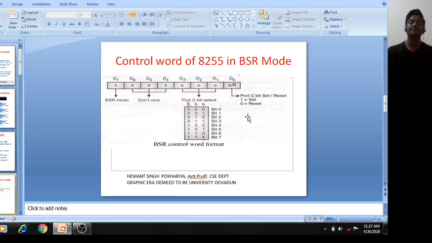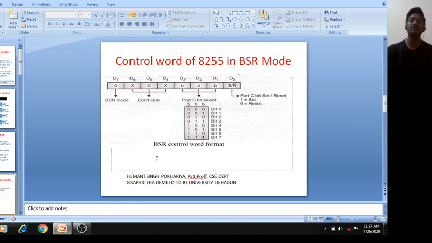In this case, for C5, this is 0, 0, 0, 0 and then 101, and we want to reset, so this value will be 0. So 1 0 1 0 is nothing but A, and this is 0 0 0. So 0A will be the value of the control word.